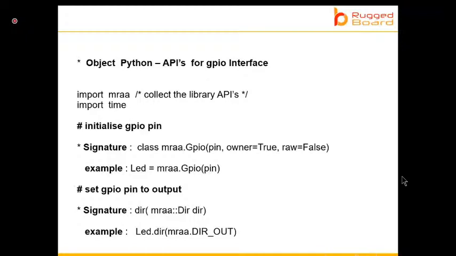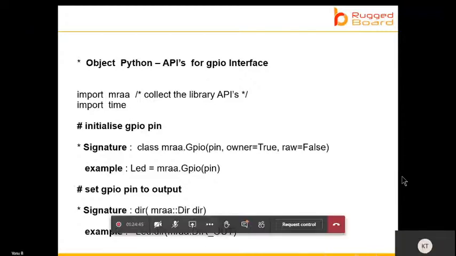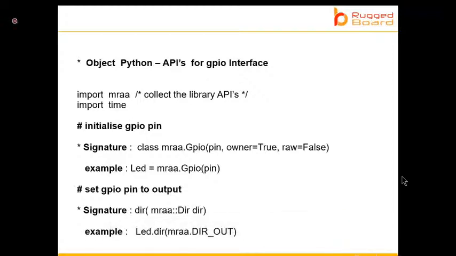When there is a SOC pin number, you have to calculate the Linux pin number. The Linux pin number is the port number times 32 plus the pin number. That means port 2 pin 1 in Linux will be 32 times 2 plus 1, that is 65. These pins are then mapped in the MRA board file. Whenever you buy or use a board with MRA support, they give an MRA pin description. In our hardware manual, you can see which pin has which MRA GPIO pin number. Please extract this pin number from our hardware manual.